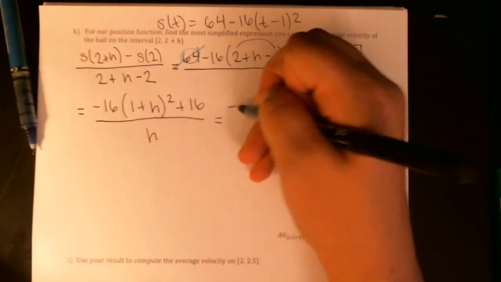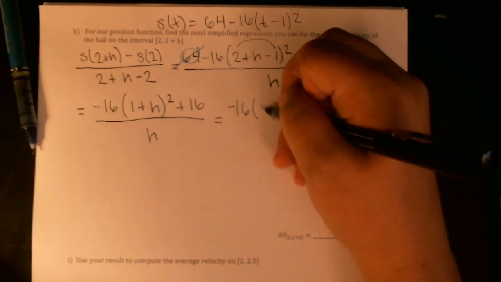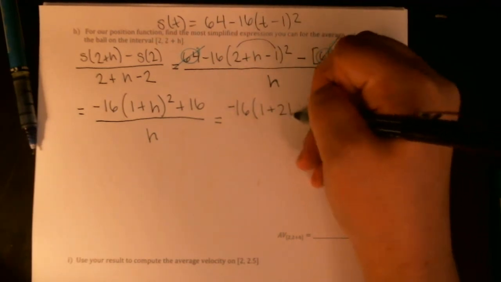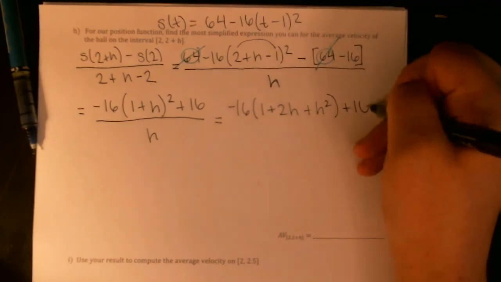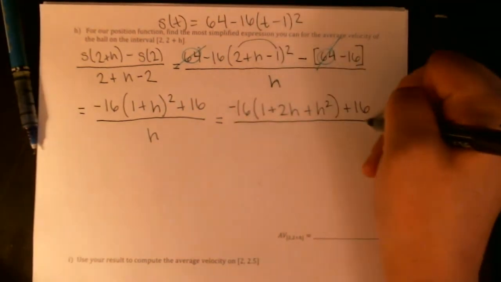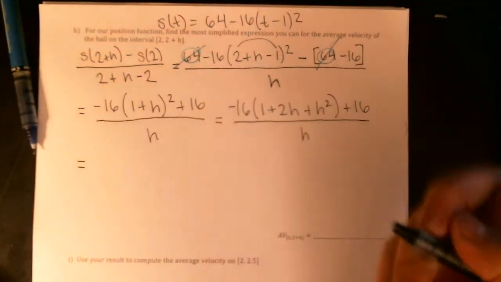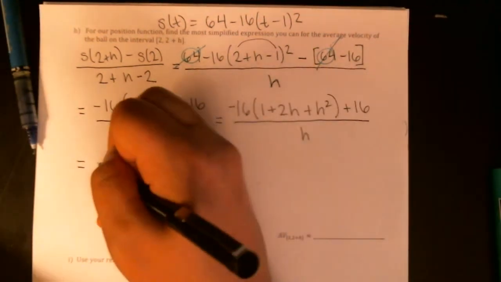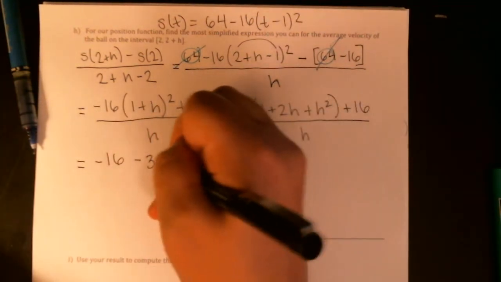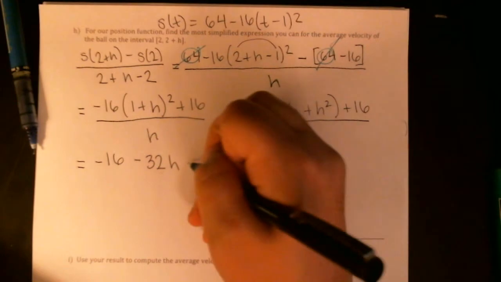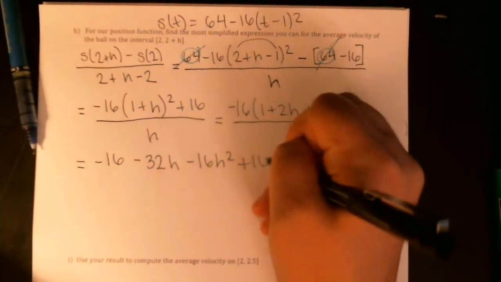Okay. So now I can FOIL out the (1 plus h) squared, and I'll get 1 plus 2h plus h squared. Okay, and then I distribute the negative 16, so I have negative 16 minus 32h minus 16h squared plus 16